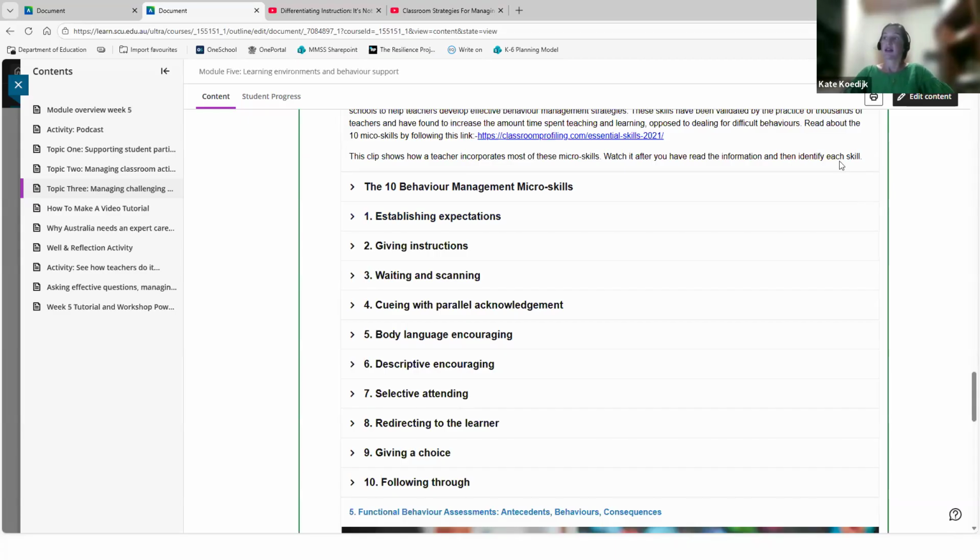So the essential skills, ESCMs as they're known, are actually ordered 1 to 10. You can see that here. Behavior management micro skills, 1, 2, 3, 4, 5, 6, 7, 8, 9, 10. They actually are also ordered in preference of high impact. So you're better off starting with establishing expectations rather than giving choice straight away in regards to behavior,